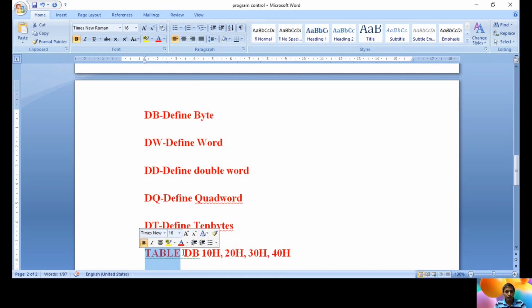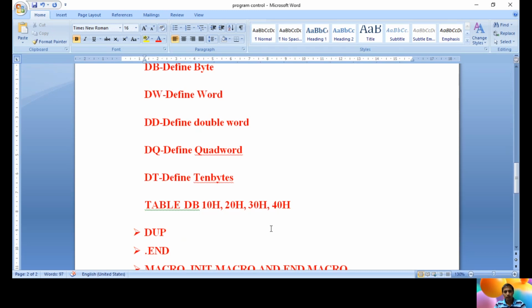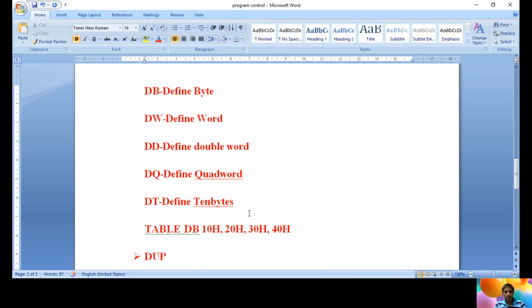TABLE is an array of type define byte, and it contains how many bytes? 4 bytes. So an array named TABLE contains 4 bytes of type define byte. This is the full meaning of this. Like that, we have 5 types.